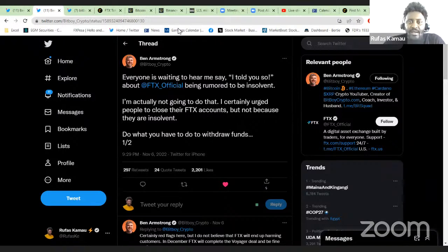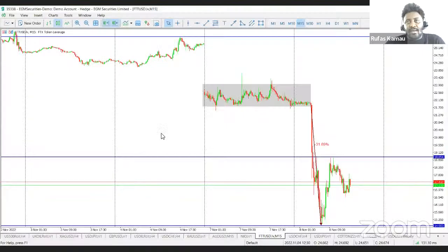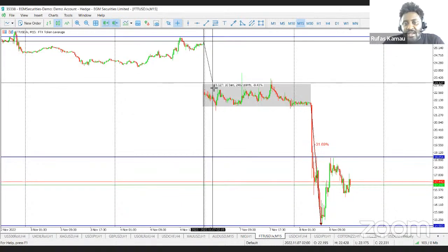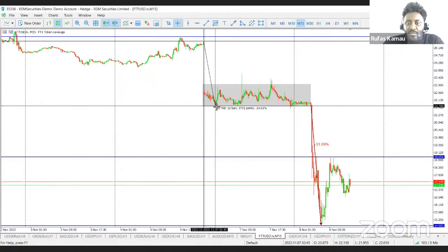With that being mentioned, the most recent news that we saw on Sunday was the CEO of Binance, which is the world's biggest cryptocurrency exchange, mentioning that he's looking to liquidate his position in FTT. Binance as an exchange had a big position, roughly worth about $500 million. He mentioned that he's going to liquidate that in the open market in a careful way not to influence the prices too much. Immediately after that announcement, on Sunday, we saw the market jump all the way down. And by Monday, early in the morning, the token was down 14.56%.